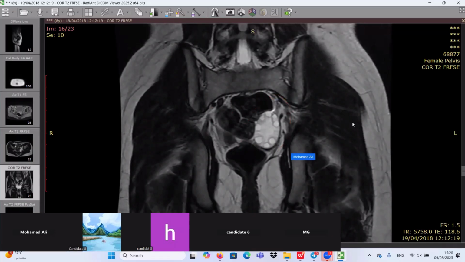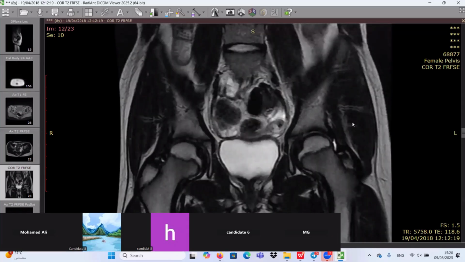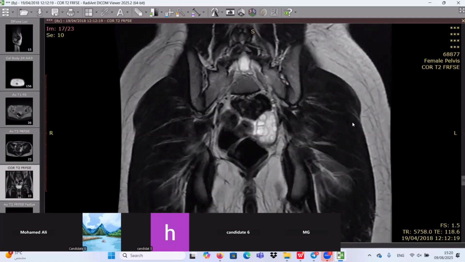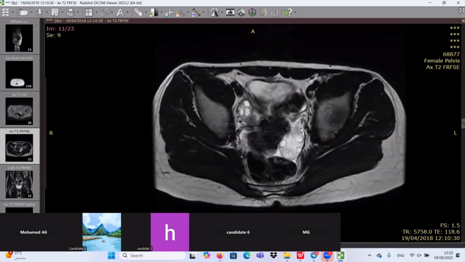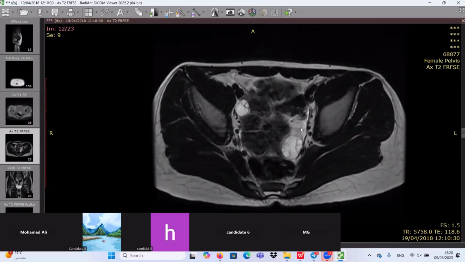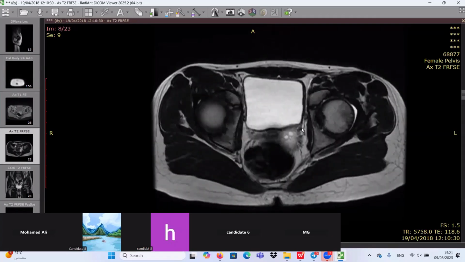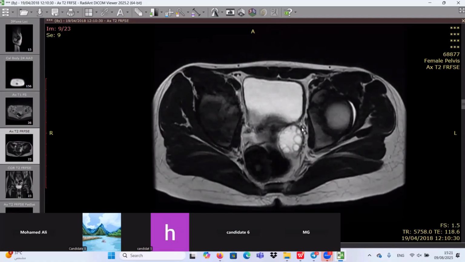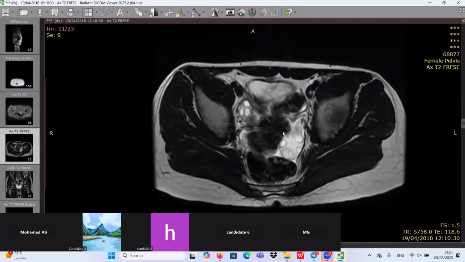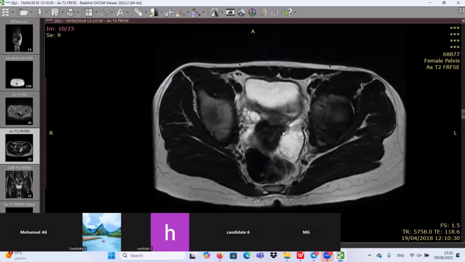And we have mild free fluid collection, mild free peritoneal collection, and we have also here very nice twisted pedicle. If you can see here, this is hemorrhagic focus in the pedicle itself. This is twisted pedicle of the left ovary. And also we have the left ovary itself. It is paramedian in location, just posterior to the uterus. Also the uterus itself, it appears small in size, maybe infantile size, but this one should be correlated with the sagittal plane to check the volume or the size